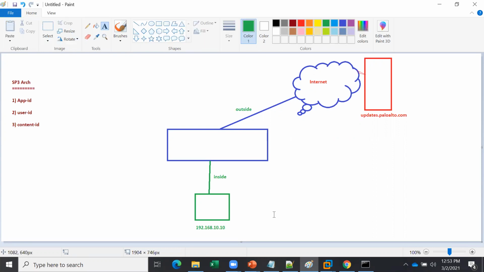So let's say this IP address is 192.168.10.10. If he wants to go to the internet, then obviously it requires a NAT. We have seen source NAT, because he has to go to public, so we will have a public IP address here. We will do the PAT. Whenever the subnet is 192.168, whatever your LAN subnet, this is your LAN, if they want to go outside, they will go with PAT with this public IP address connected to the outside interface of your firewall. So they will get PAT.